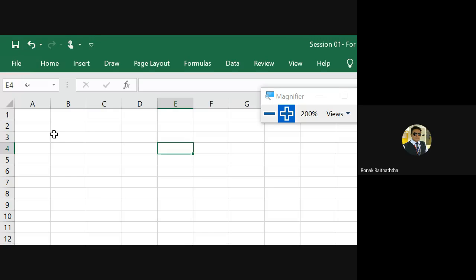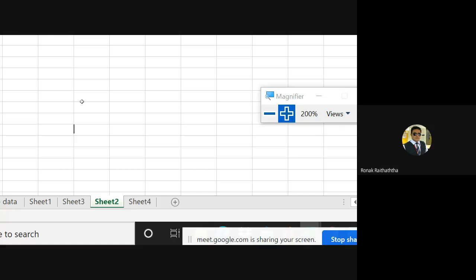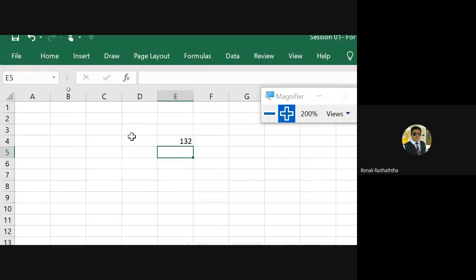Now say this E4 is so important for me, say here 132 is written, which is the score of Mr. Rahul against the RCB, which RCB in total couldn't beat. Now, if this score is so important for me and I want to give a name to this particular cell, I can give the name over here by clicking on that address box, give a name, Rahul, press enter. Now, this cell will be known as Rahul from now onwards, right?